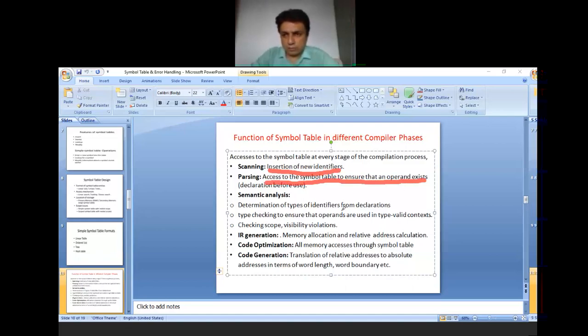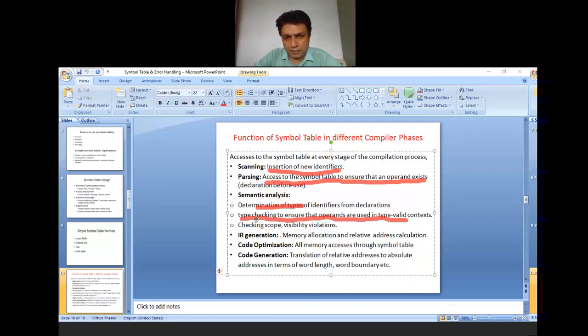Okay, so proceeding further. These are the functions done by the semantic analysis in the symbol table: determination of types of identifiers from declarations, and type checking to ensure that operands are used in type-valid contexts, like checking whether the variable or identifier is of int type or float type.